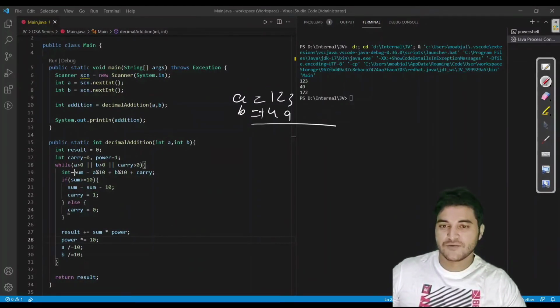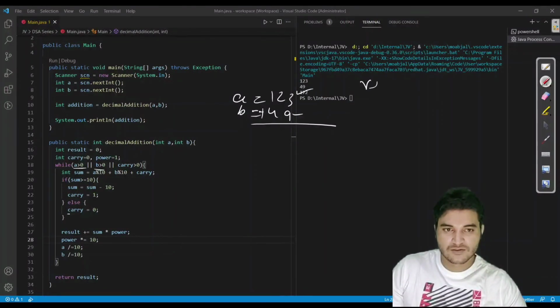So here a is greater than 0, b is greater than 0, or carry is not 0. If any of these conditions is true, then it would enter the loop. So we are taking the remainder of a, which is 3, and 9 of b, plus carry. I'm initializing result as 0 and carry as 0.